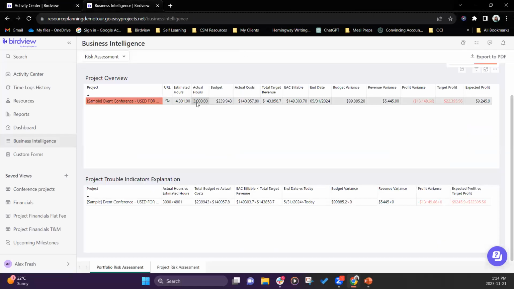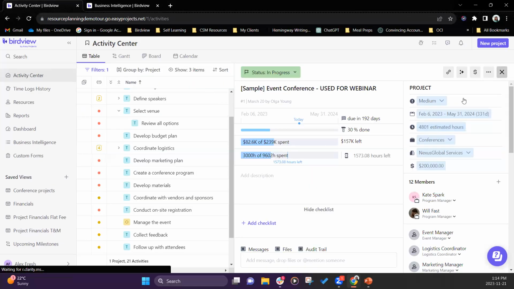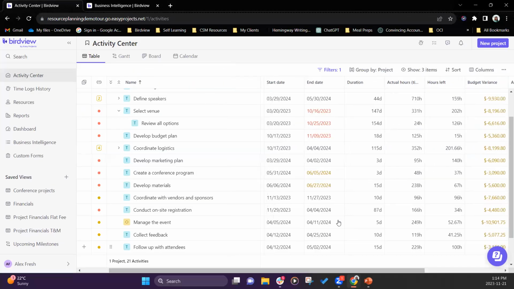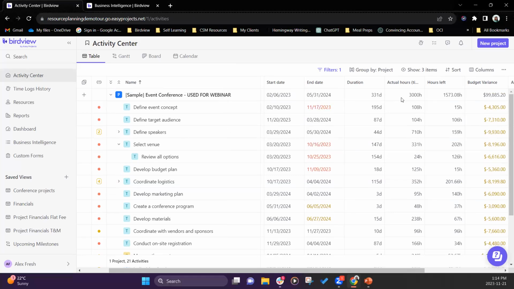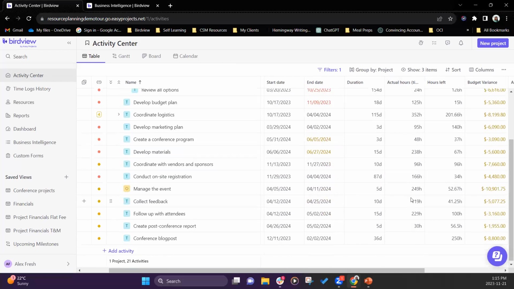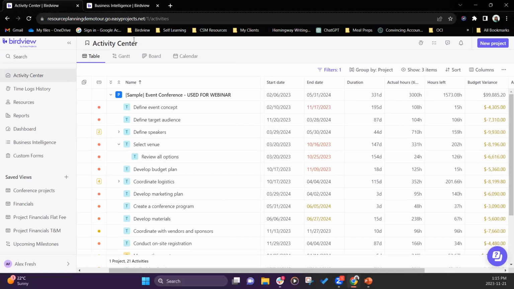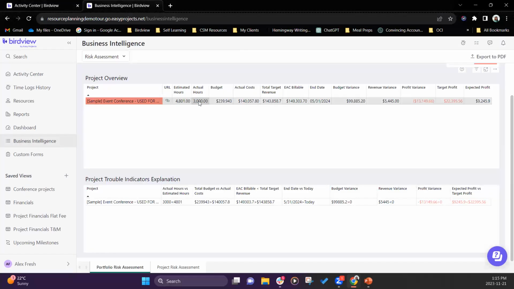Then your actual hours are being tracked based on who is logging hours. And here in the actual hours section, we can see that 3,000, which is a cumulative of all the activities, is 3,000. So that's where you're getting your estimate versus actual. Your budget and actual information is coming from your financial module. So let's go back. Let's see, budget is